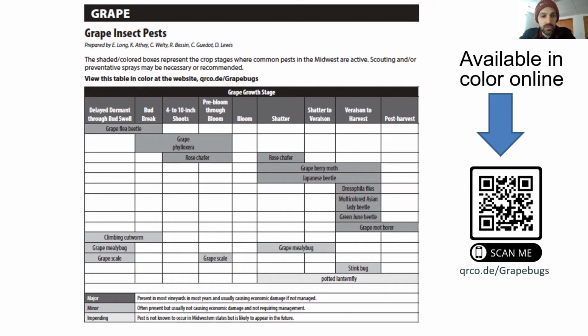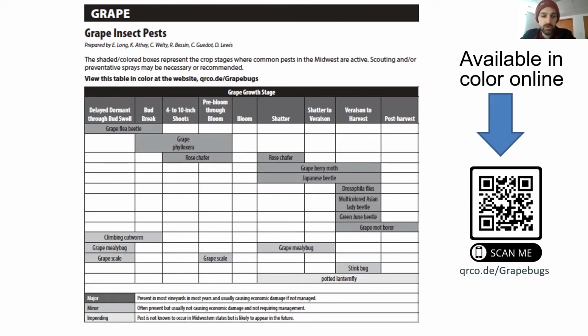Within this information, we have it broken out by major and minor. Major insects are those that occur in every single vineyard, pretty much across the region, across the state, all the states, every single year. You can pretty much guarantee you'll find them. Minor insects are those that cause economic damage when they occur. They just don't always occur. And so that information we haven't included in all of the tables. Rather, we just put that information at the end of the chapter since it's not used as often by everybody.